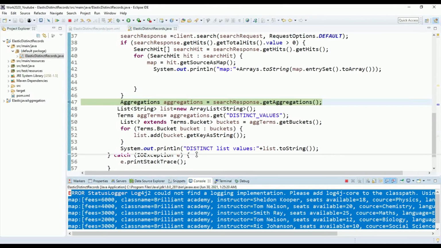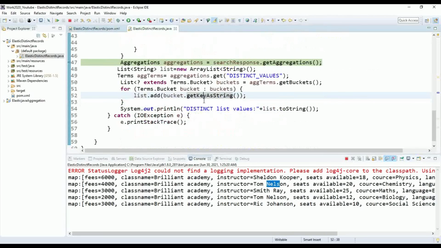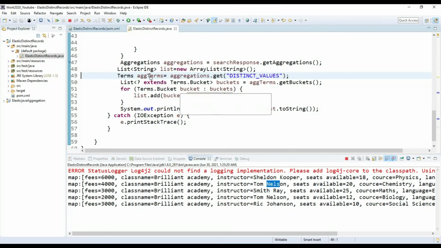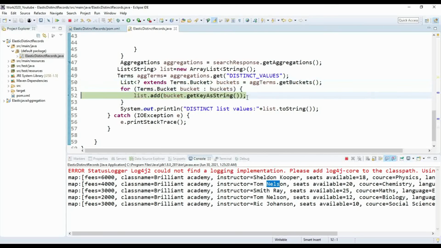Okay, from that we are concerned only with the aggregation of unique records. Now it is applying the aggregation. Okay, yeah, so this is my bucket object.